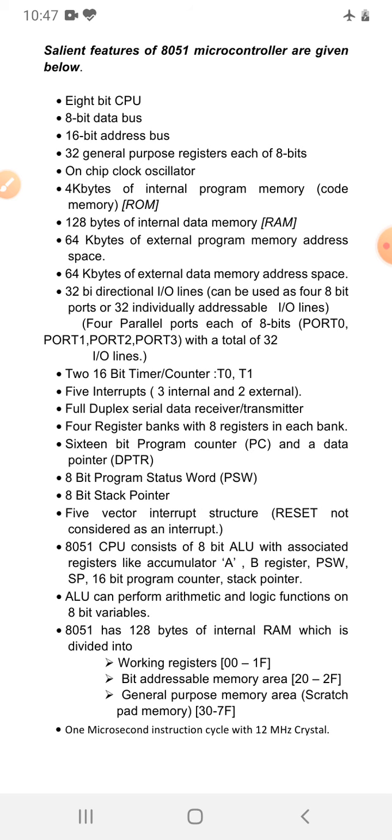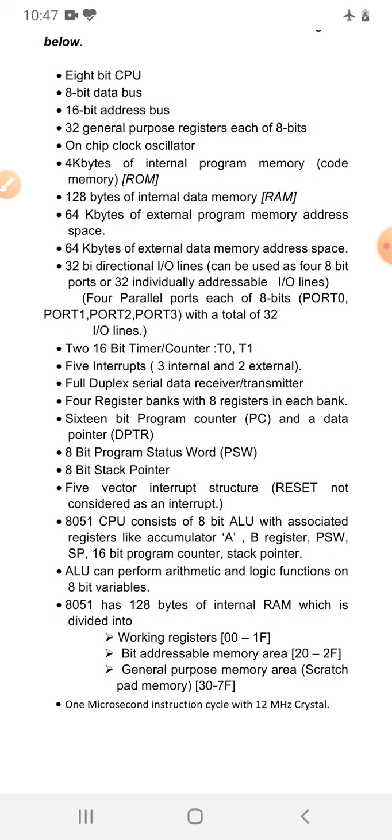Plus it has 32 bidirectional I/O lines which can be considered as four 8-bit ports, or used as 32 individually addressable I/O lines, and these four ports are labeled port 0, port 1, port 2 and port 3.